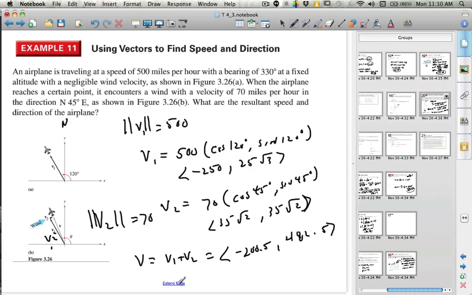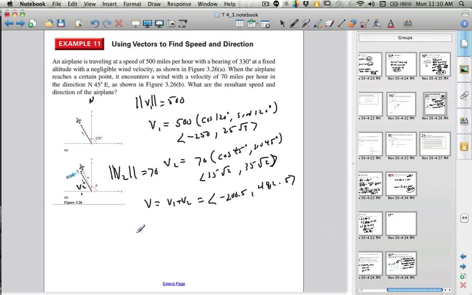Okay, great. Now, if I want to go ahead and find the angle involved, remember, we're going to go back and combine other things we've done before. So tangent would be sine over cosine, and if you remember, sine is going to be this component here, 482.5, over negative 200.5. So I'm going to get negative 2.4065. And when I do inverse tangent to find this value, I'm going to get